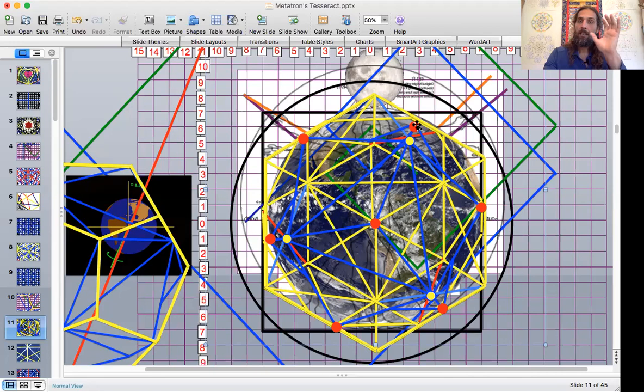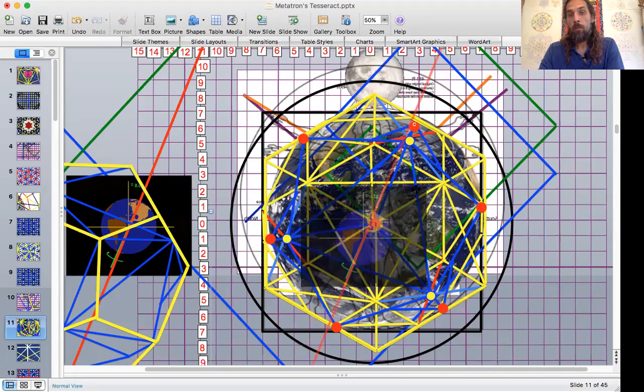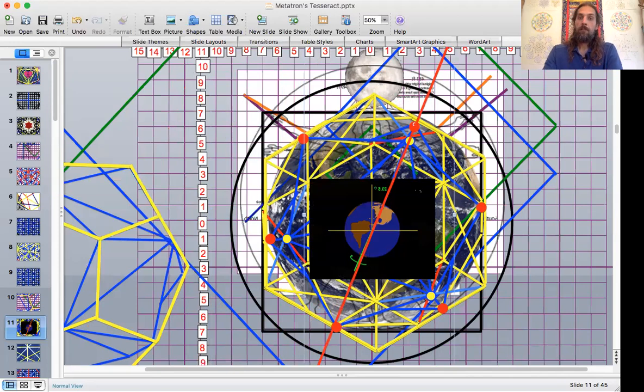So, who knows how it really all works, there's energy moving in every which direction. But if I'm fixing things like this, and connecting the points to how a star tetrahedron would relate to the icosahedron and hold those in fixed positions, those red and blue match the yellow dots, right? So if I rotate one, the other one's rotating with it. And I wouldn't understand why it wouldn't be that way in a structure that is the real object. So when I bring this Earth over and put it in the center here,